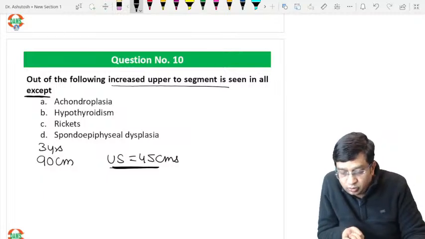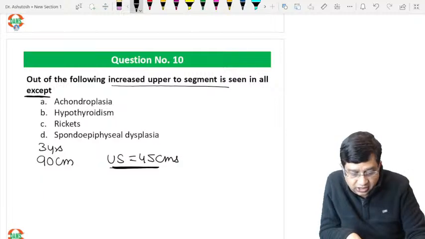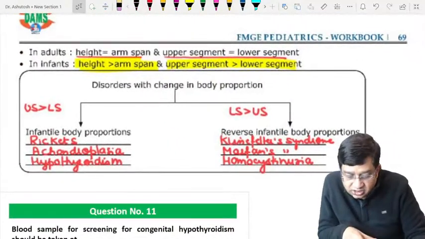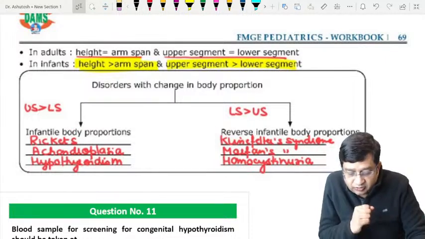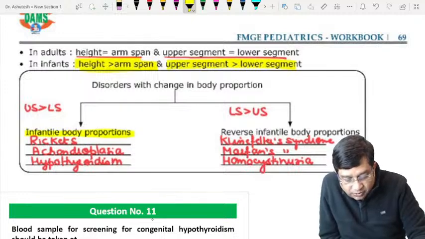कुछ ऐसा कह रहे हैं, कोई क्वेश्चन ऐसा कह रहे हैं. I do not know exactly what was being asked, right? But this is something we teach you. This is something I teach in our regular batch for FMG students, and I always say infantile body proportion आपको